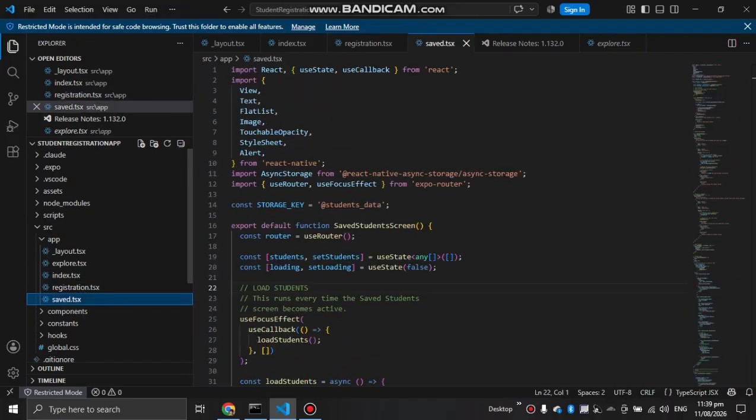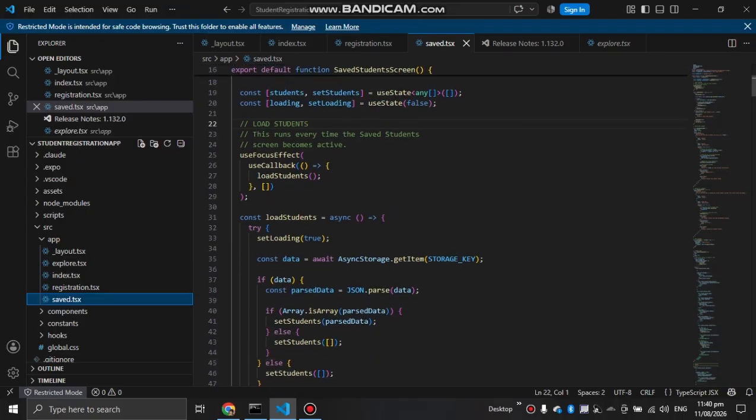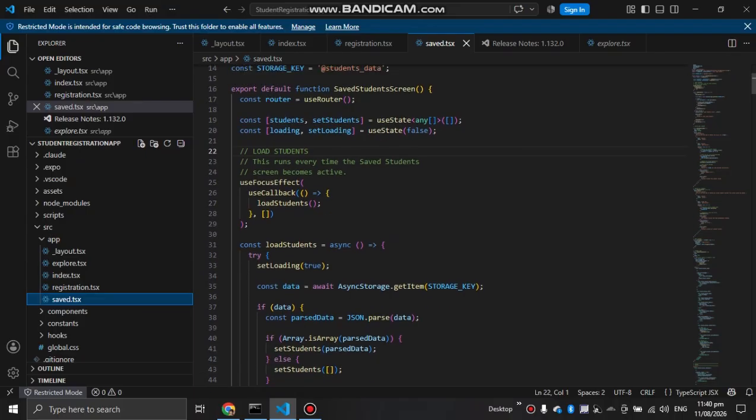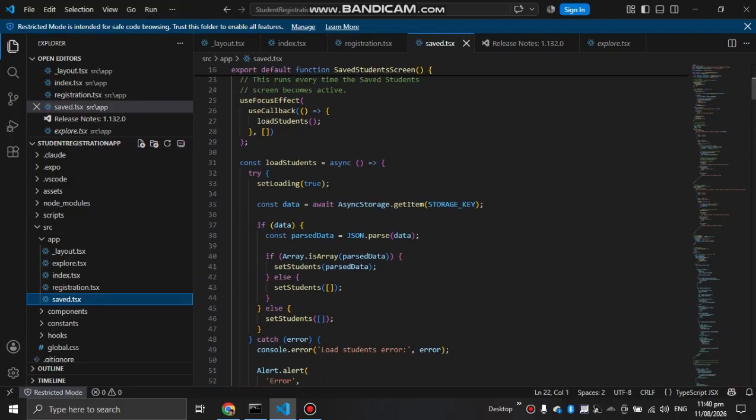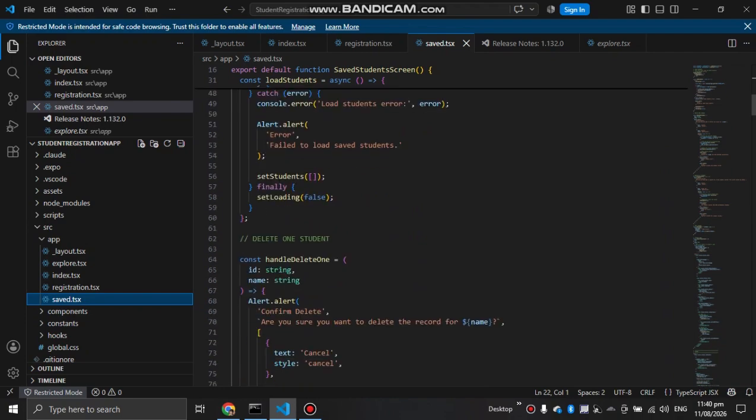Then the next is the save.tsx, which is for our other tab. We import React, useCallback from React, then View, Text, FlatList. Here we can see that with students, this runs every time the students are saved, the students become active. So here you can see the loading of the students at the same time.